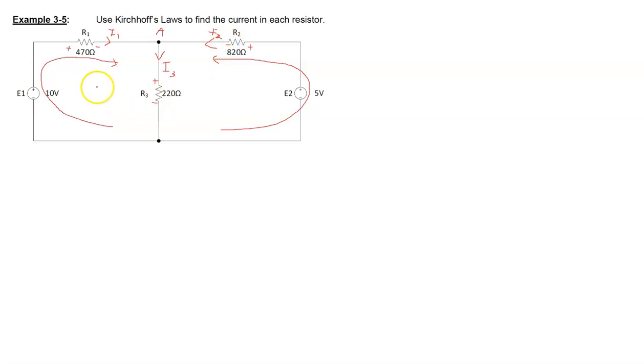Okay, so we call this one here loop 1. We call this one here loop 2. Write KVL around the loop. Start right here. Go in the direction of assumed current. Include in KVL a term for each component. So for loop 1 then,